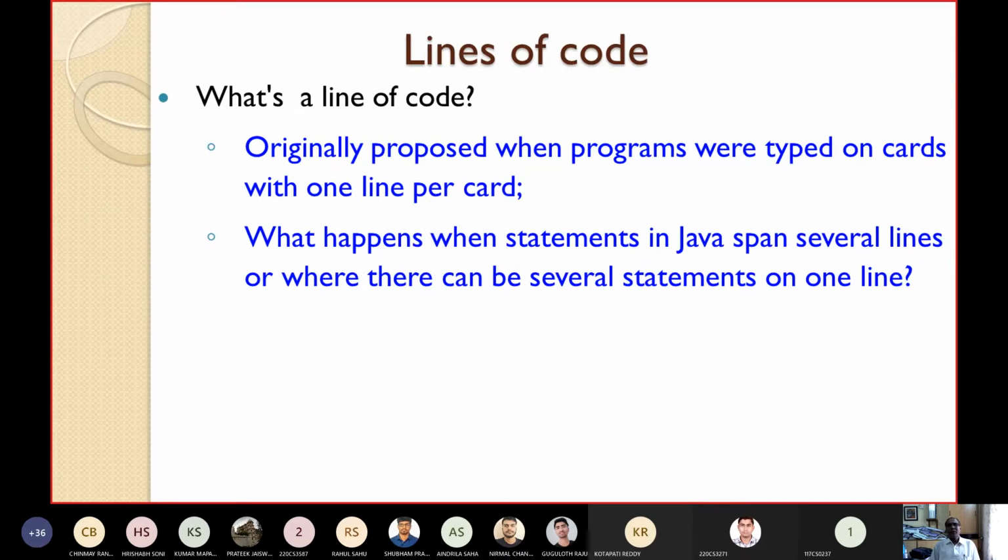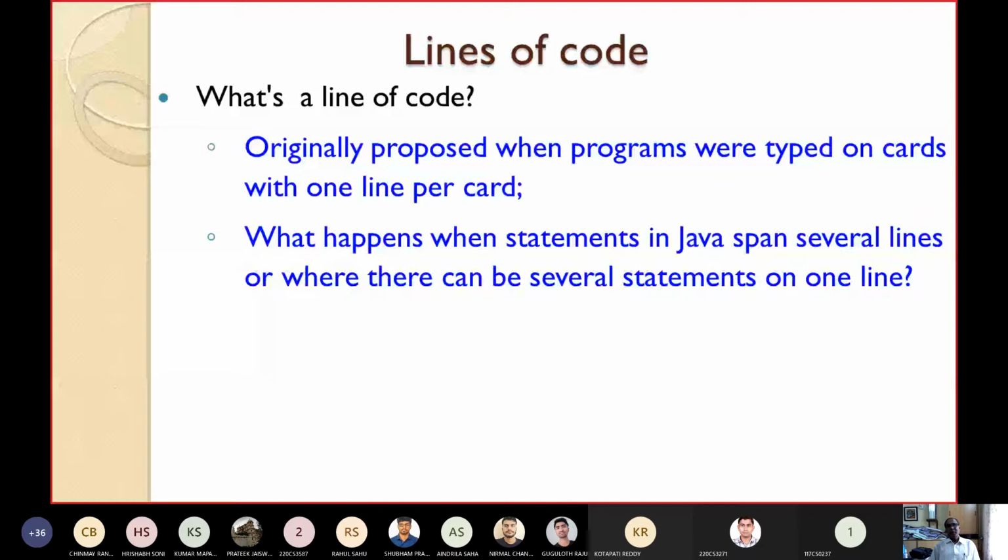Typing programs on cards may be okay for assembly language, low level languages, because for one card only one line can be written.